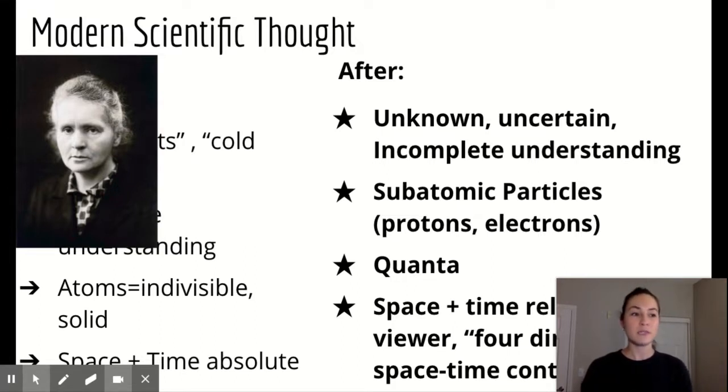So she and her husband essentially figured out that the glowing element of radium was rays that were radiation rays that were coming off as the atom disintegrated. And so from there, they basically figured out, well, there are particles within the atom. There are smaller parts of an atom. An atom is not an indivisible solid piece. There's actually pieces within. So that's where they're figuring out like protons, electrons, all that kind of stuff.